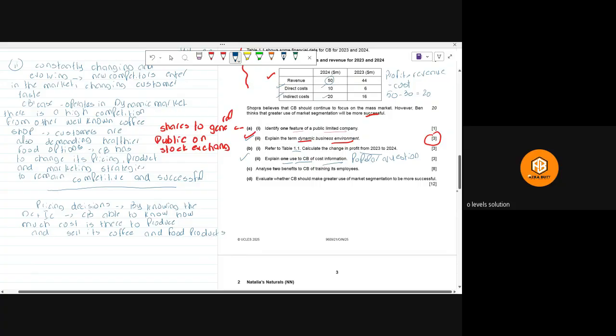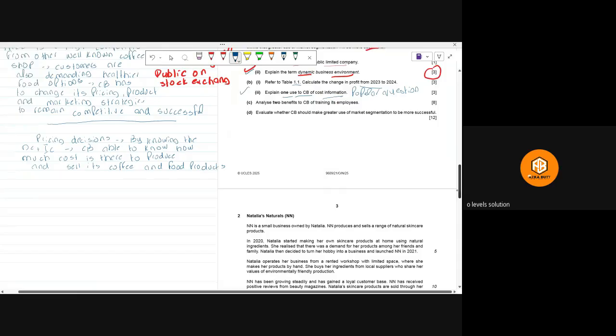So, for example, if direct costs such as coffee beans from fair trade suppliers increase, because we have seen that they are using coffee beans, CB may need to increase its selling price. If the coffee bean prices are increasing, the CB has to increase the prices as well